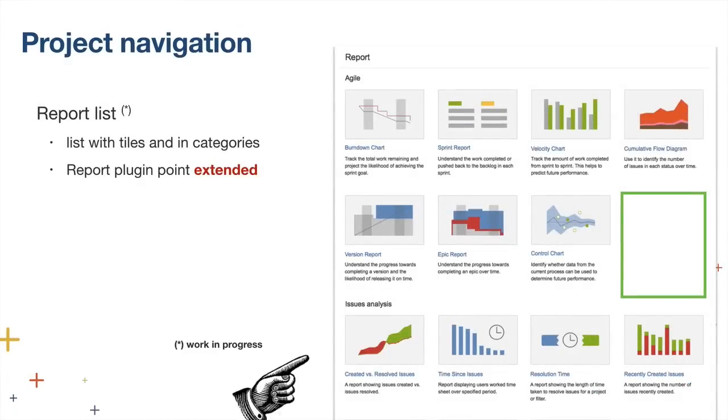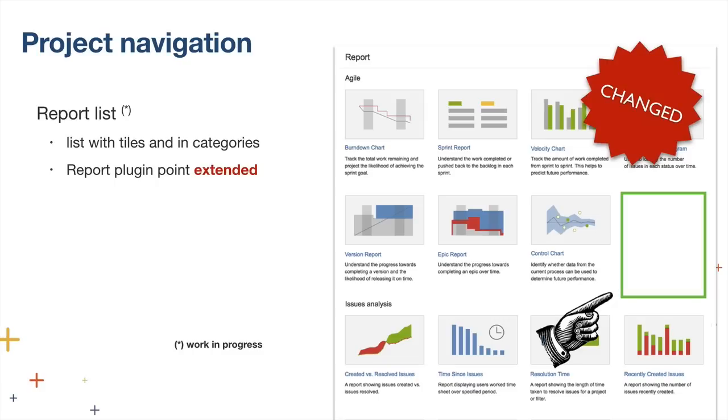Another page that is undergoing a redesign is the report list. Previously in JIRA, you remember probably that's just a textual list, not very beautiful. We decided to make it much, much more attractive and easier to read, with the assumption that the existing report plugin point needs to be backwards compatible. So we are extending this plugin point. And right now, it will be possible to also add a thumbnail for the report, as well as description, as well as a category in which the report is supposed to be displayed. Small changes, but making it so much easier for users to use this page in case there are multiple reports.